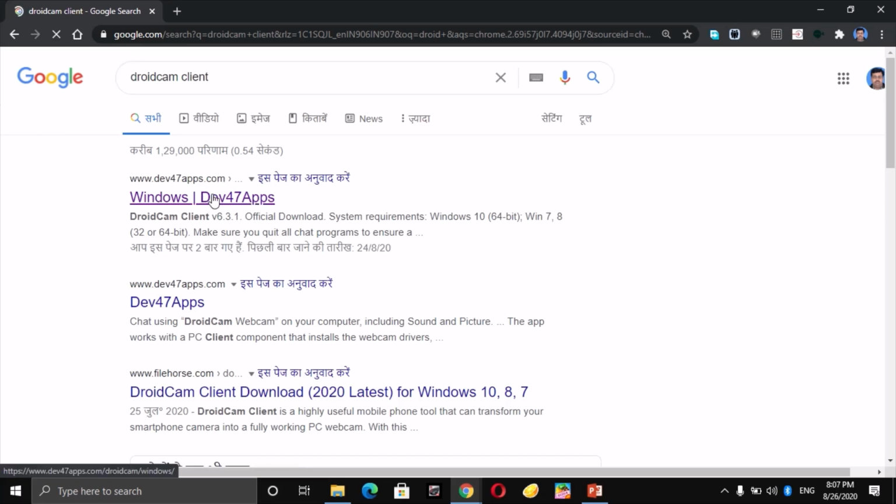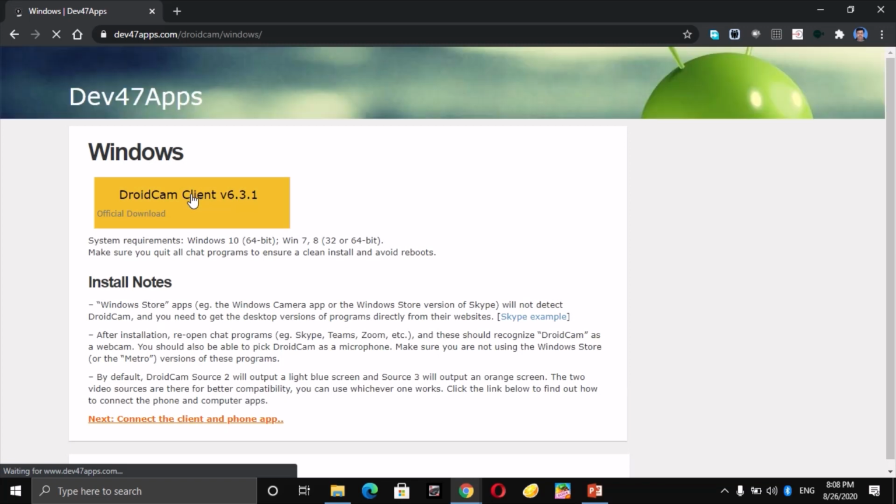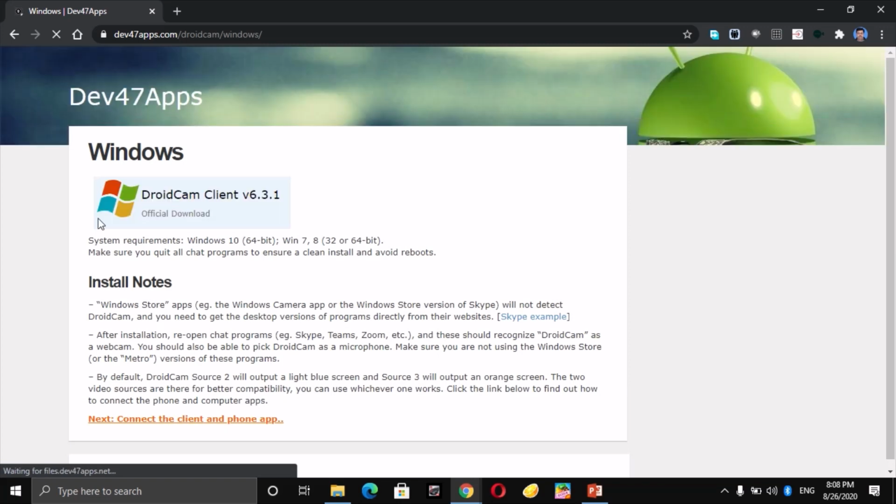Open that first link, dev47.com, that we have to click. Okay, and then this Droid Cam Client version 3.6.3.1 that we have to install.